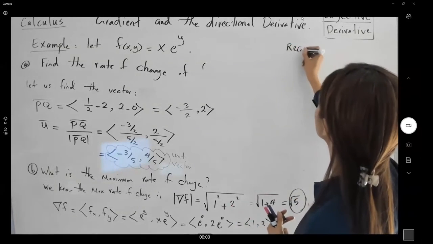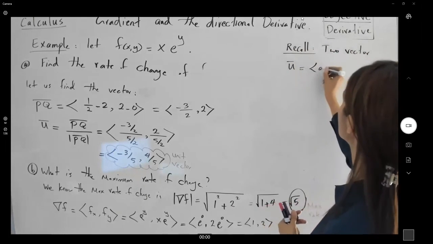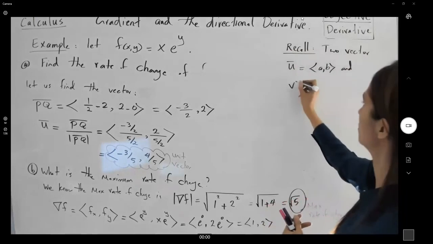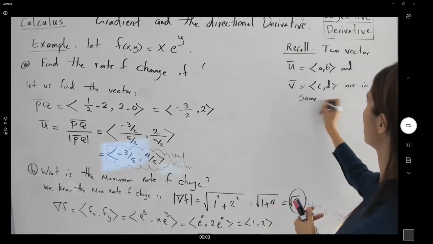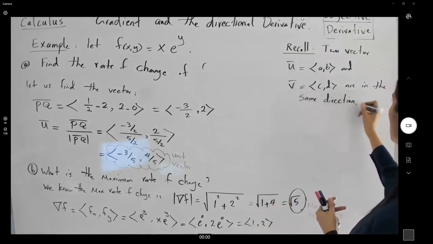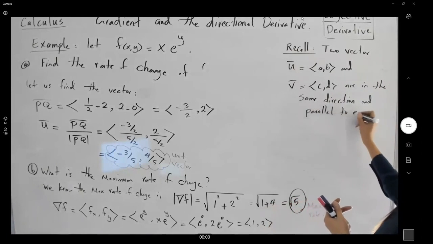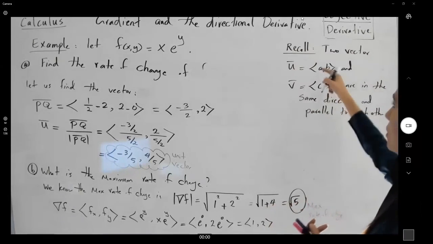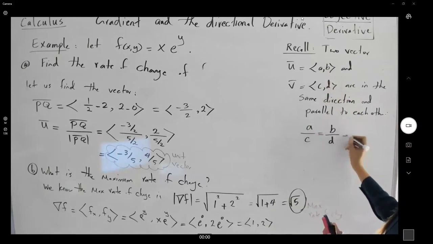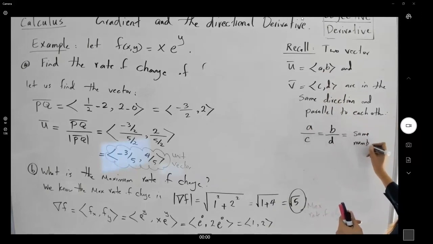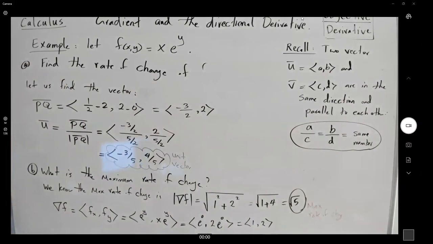We call two vectors like u equals (a, b) and v equals (c, d) in the same direction, or parallel to each other, if when you divide the first coordinates and the second coordinates, they are equal to the same number. So now